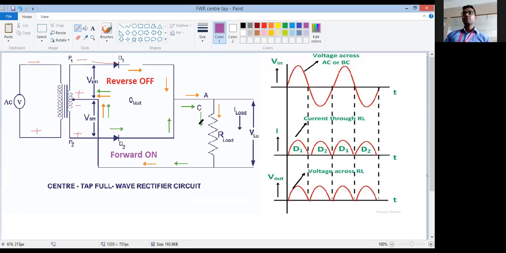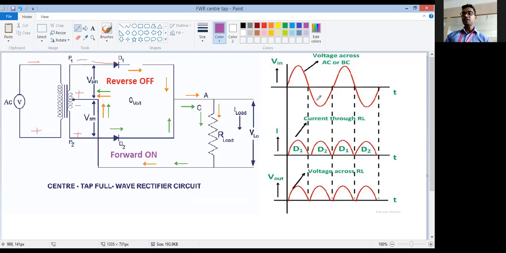So you can say that the current direction in both half cycles is the same, correct? If the first one is positive, then the second one is also positive. Because of D2, the current is also positive. In both cases, the direction of current is top to bottom. So if this is positive, then this is also positive. If the orange line is positive, then the green line is also positive because the direction of current is same.